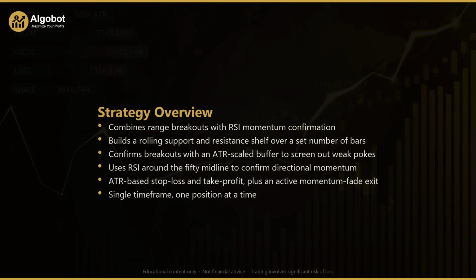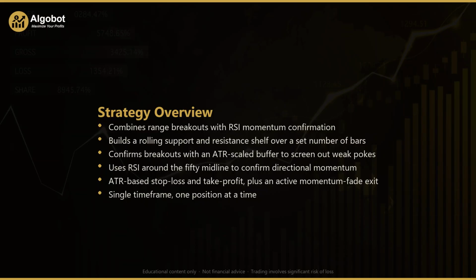The range itself is built from a rolling shelf of support and resistance. By default, the EA looks back over the previous 20 completed bars and records the highest high and the lowest low across that window. That upper edge becomes resistance, and the lower edge becomes support. For a breakout to count, the most recently closed bar has to close beyond that shelf by a small buffer, and that buffer is scaled to the average true range, or ATR, so it adapts to how volatile the market